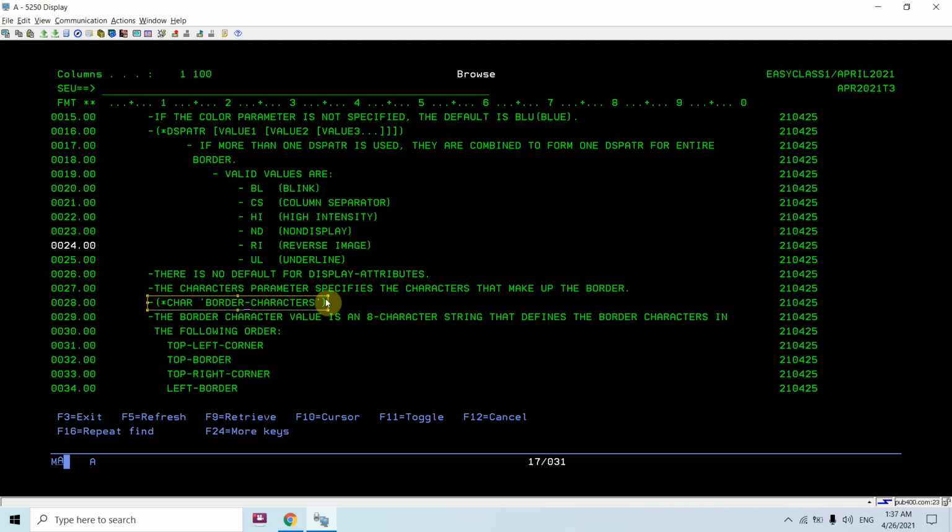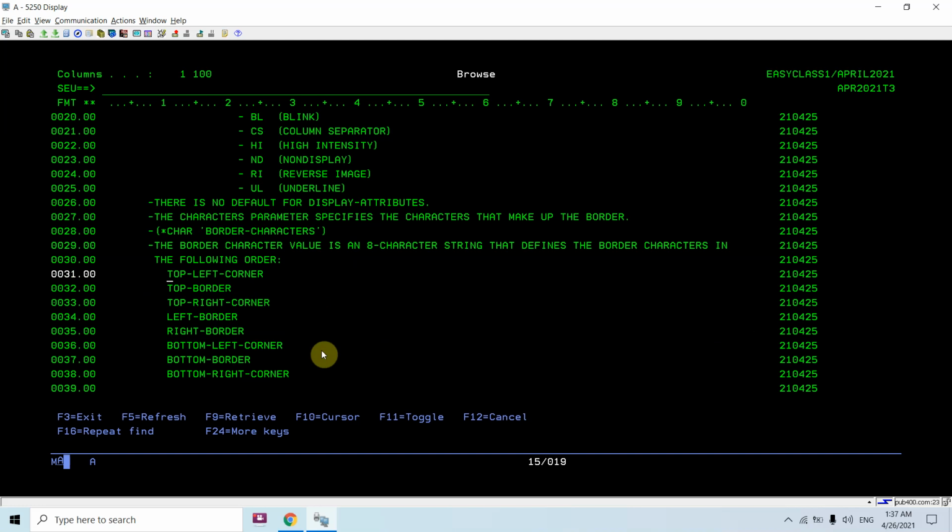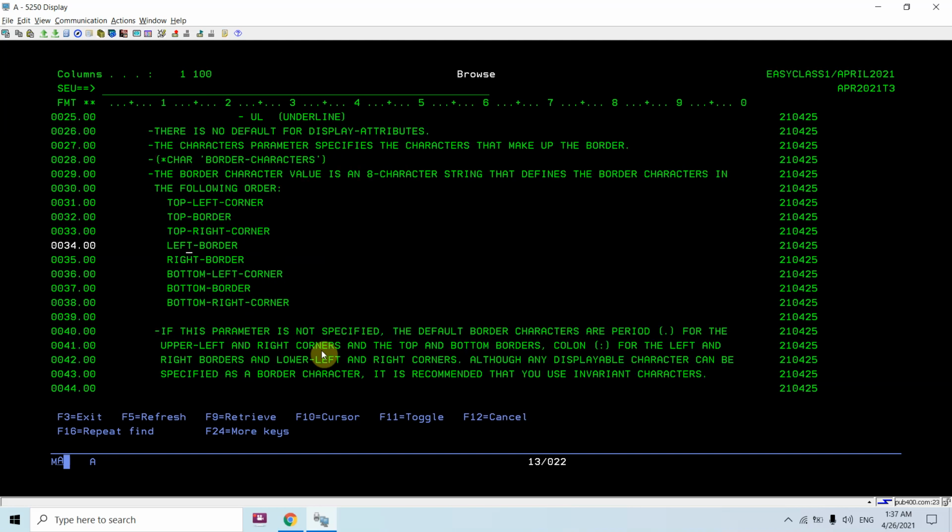So here we basically give the keyword and the border characters. The border characters value is an 8 character string that defines the border characters in the following order: top left corner, top border, top right corner, left border, right border, bottom left corner, bottom border, bottom right corner.